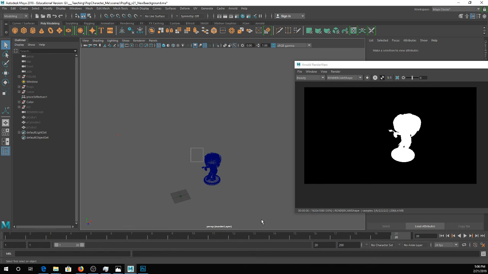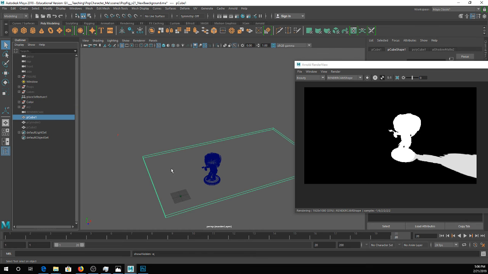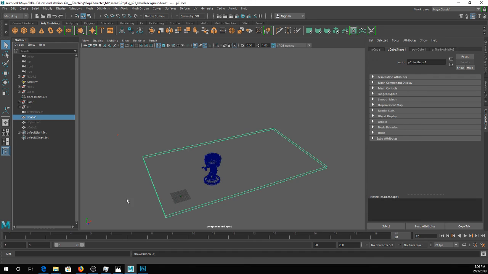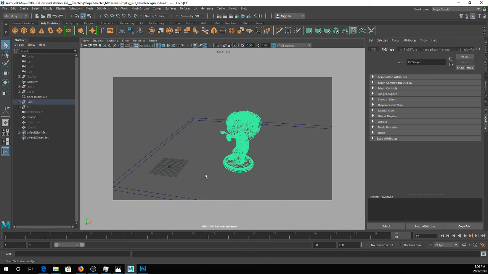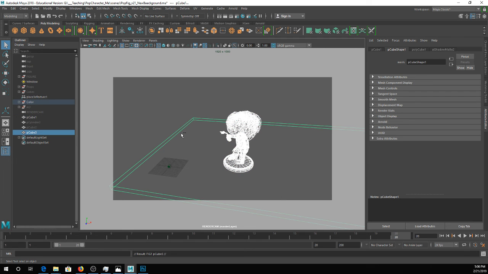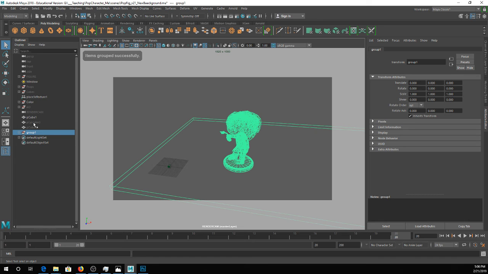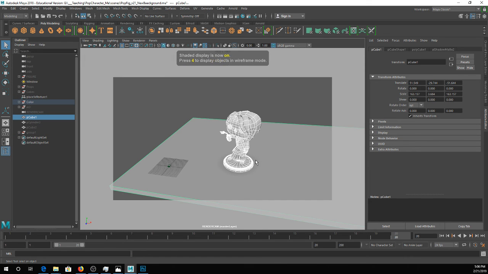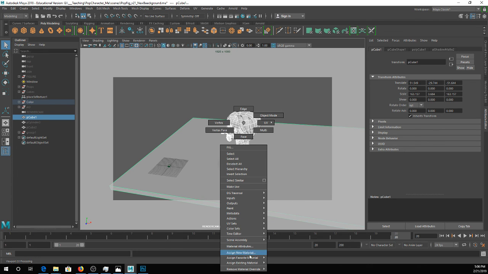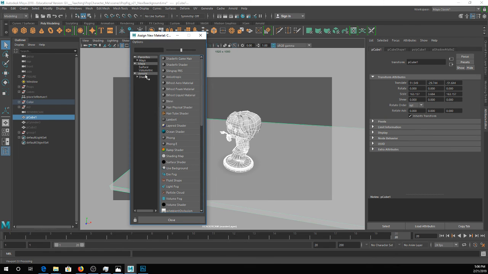So what I'm actually going to do for this is turn my table back on. I'm just going to stop this render real quick. Go back to my render cam. And I'm just going to grab both of these objects, duplicate them, group them, and hide these. I just made a random duplicate so I can assign a new material to it. I'll right click and assign a new material, go to my Arnold shader tab, and assign this AI ambient occlusion